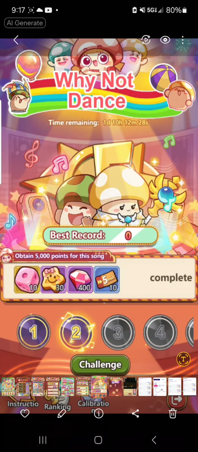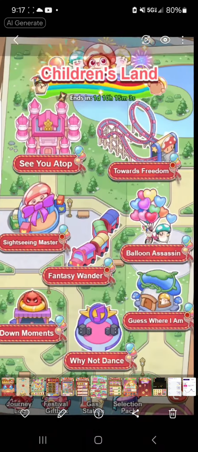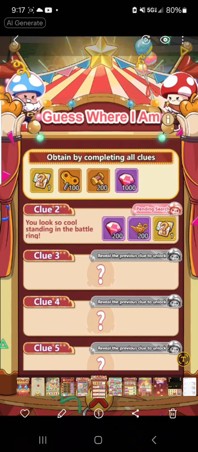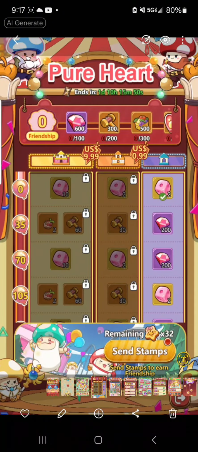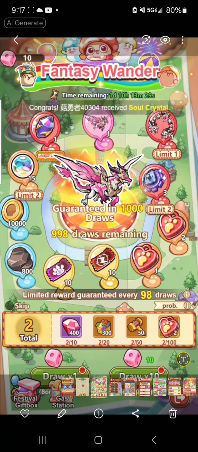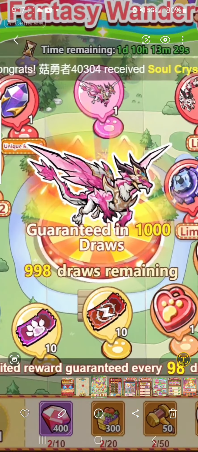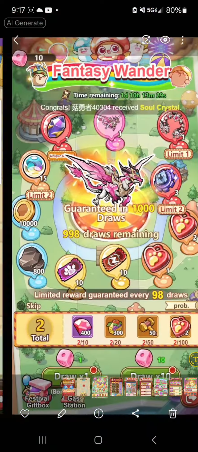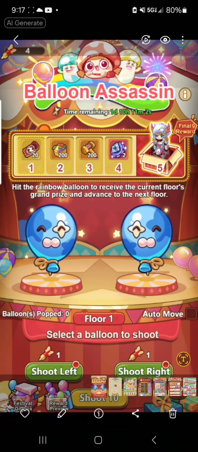Children's Land event sneak peek. Towards freedom. Obtain smile stamps through daily tasks and Fantasy Wander and Balloon Assassin to increase pure heart experience. Obtain Wander dice and more Children's Land rewards. Players will receive one prize for each wandering dice spent. After 100 draws, they are guaranteed to obtain a limited reward. If a player obtains a limited reward in advance, the draw count will be reset. When obtaining a limited item with a count of 1, all limited item counts will be reset. After drawing Arakarlok or Holy Dragon for 30 times, they will be...